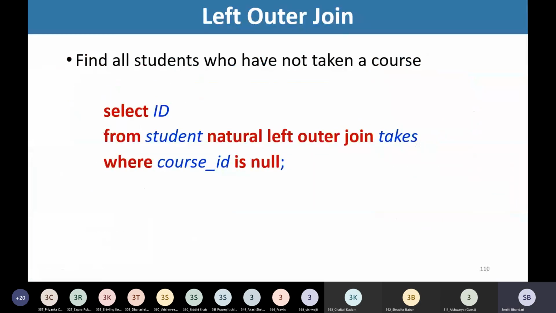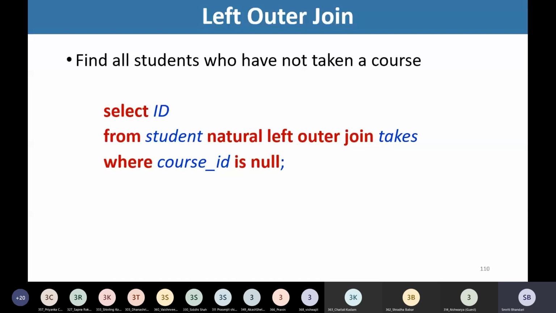Yes, ma'am. Fine. So now let's see the remaining things and then we'll conclude the concept of join relations. Let us try to write this query now: find all students who have not taken a course. So we want to find the students who have not opted for any of the courses.